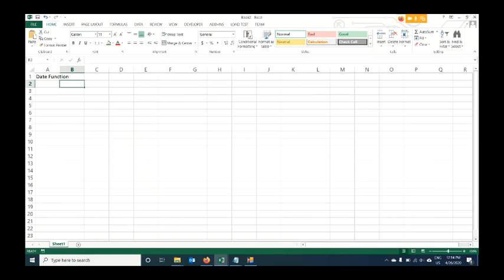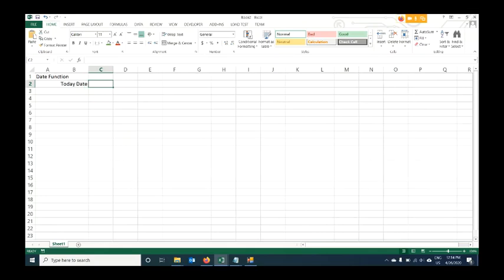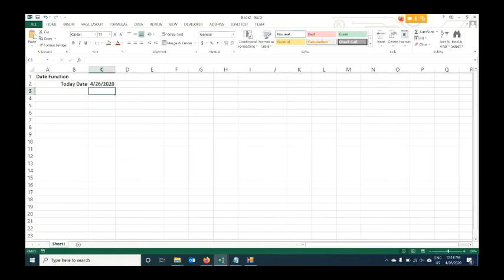Functions related to date and time. Let's take today's date. We have predefined functions. Enter. Then we can write TODAY, and you get today's date. And to get the date and time,